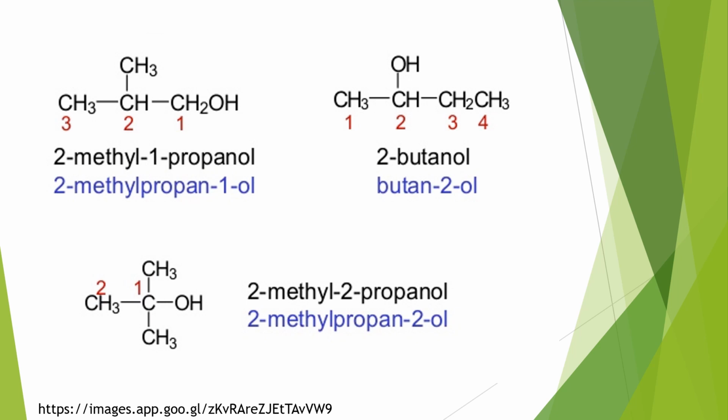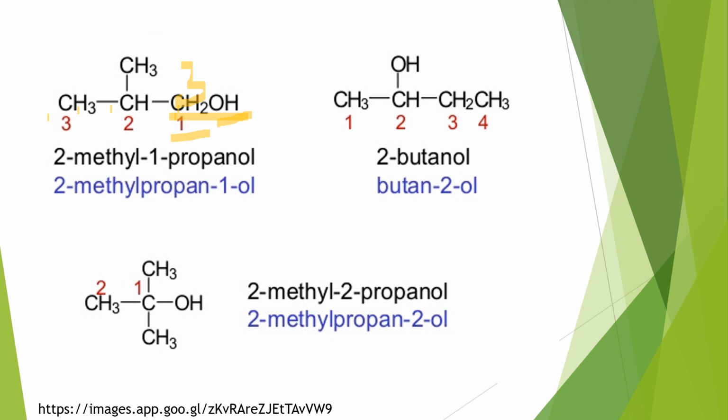Here you can see some examples wherein you are numbering this compound as 1, 2, 3 starting from our right hand side. Because this carbon has a hydroxyl group, and according to the IUPAC rule, the carbon which contains the hydroxyl group has to get the lowest possible number. If we had to start from the left hand side, then this carbon will get the carbon number 3, which is wrong, right? That is why I started with the right hand side, so that it has got the carbon number 1.